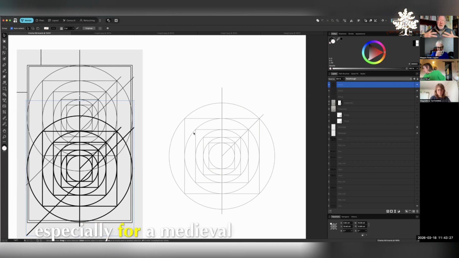You want to create, especially for a medieval piece of art, rhythms, which are so important because you see dynamically rather than simply asking, does it look like it does in nature? You're creating these slightly abstract, well, it's abstract use of space. So how do you abstract it in a way that's going to be beautiful, harmonious, and take you on a journey effortlessly? For example, if you think of steps in your house, if those steps are not exactly the same, you end up tripping because your brain is expecting it to be at exactly the same height. And without even thinking about it, you walk up the stairs. But if you have one which is just too